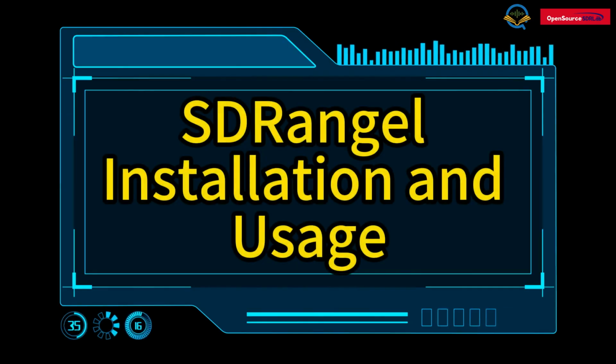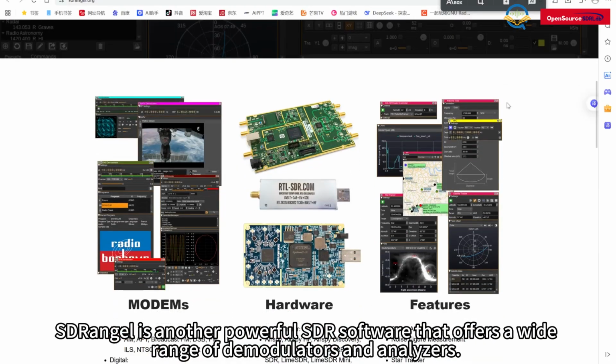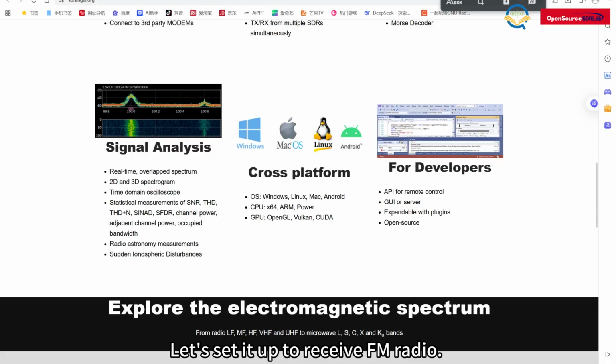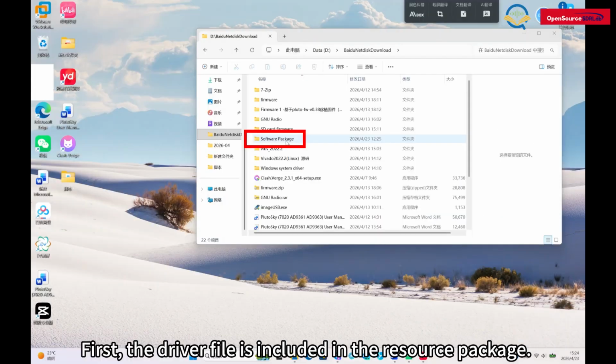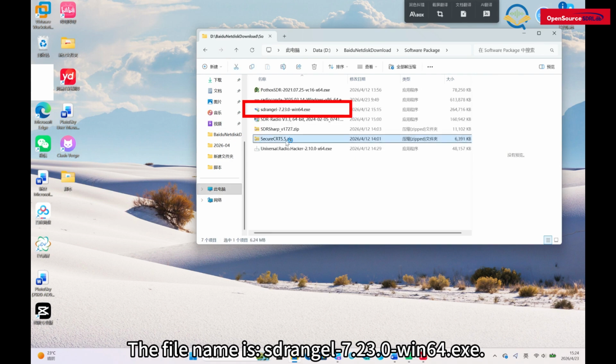SDRangel installation and usage. SDRangel is another powerful SDR software that offers a wide range of demodulators and analyzers. Let's set it up to receive FM radio. First, the installer file is included in the resource package. The file is located in the software package folder. The file name is